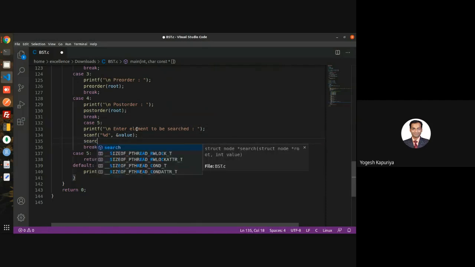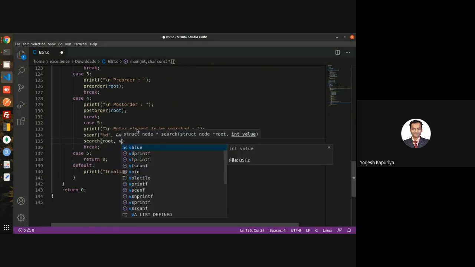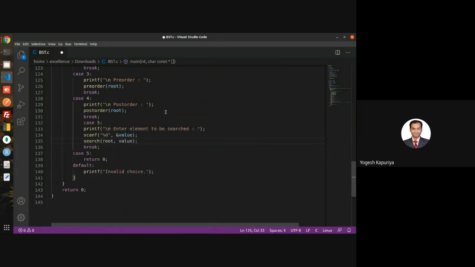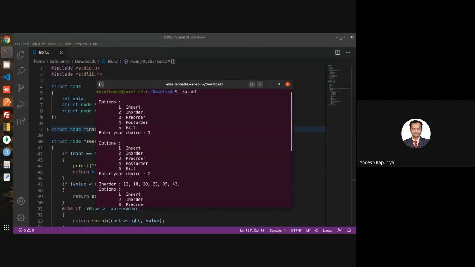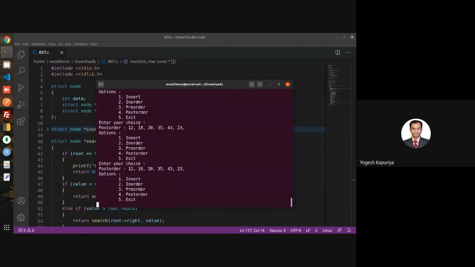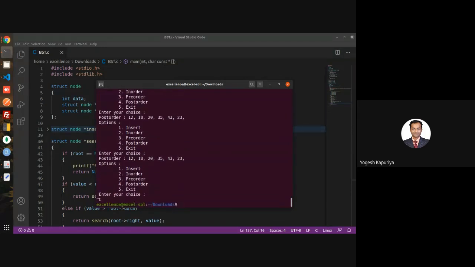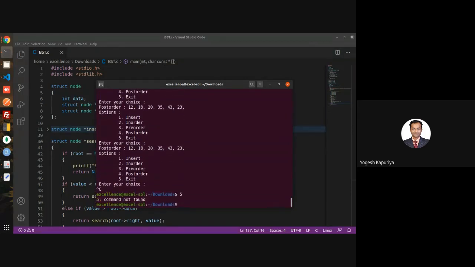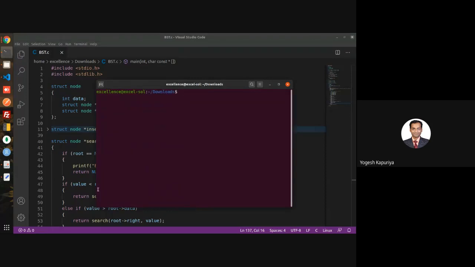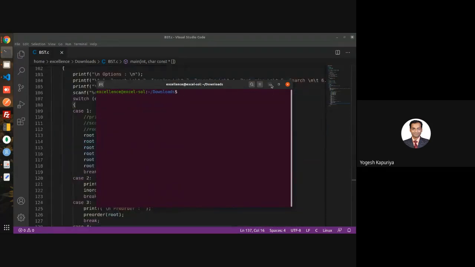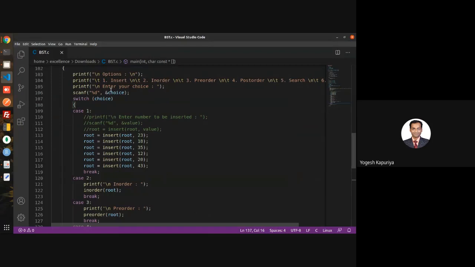And whatever element is entered, you pass it to the search function. It's some issue in our switch case.